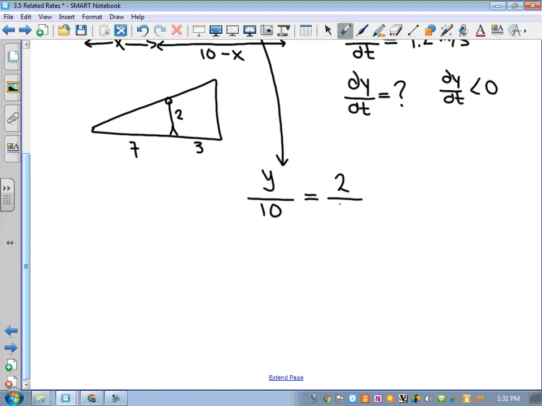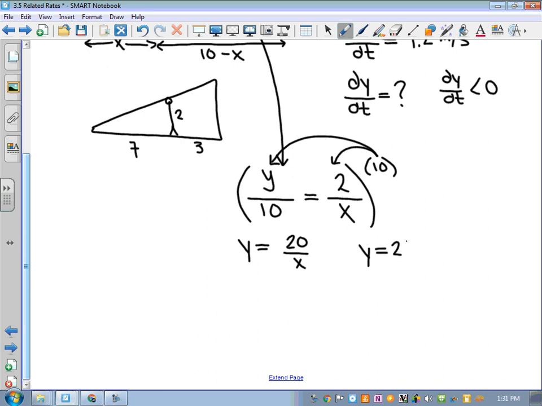Now, your best bet here is to manipulate y in terms of x. I'm not going to call it cross multiplication. What I am going to say is that we are multiplying the entire equation by 10, and that will distribute onto both sides. And I get that y is equal to 20 over x, or as I'm sure you're used to at this point, it is a little bit friendlier in calculus to write that as a negative exponent. And if y is equal to 20 times x to the negative 1,